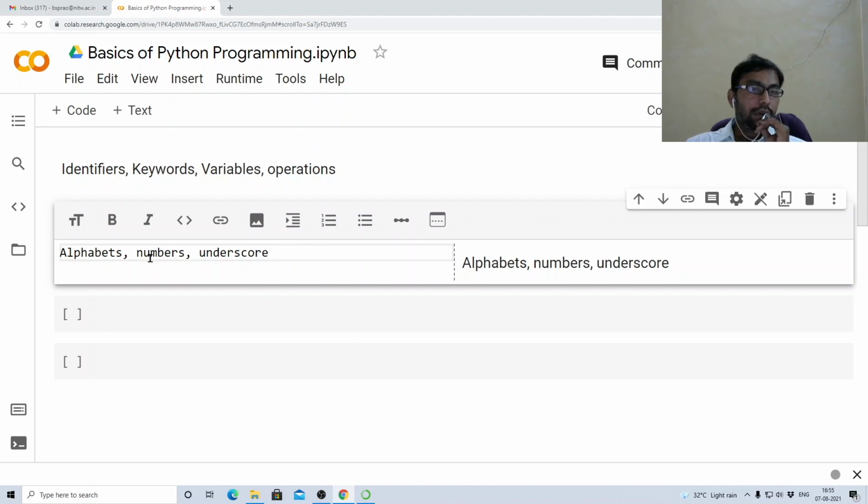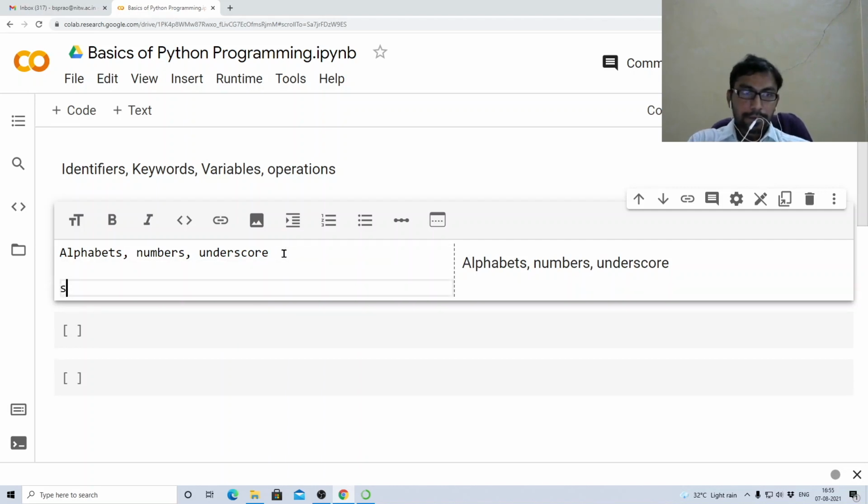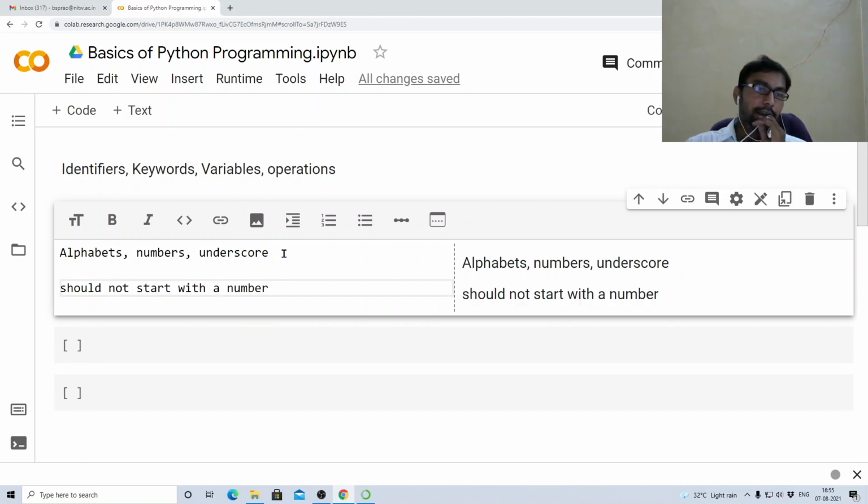No. An identifier should not start with a number. You can start with an alphabet, capital or small. It is okay. You can start with an underscore, but never start an identifier with a number. If you start an identifier with a number, it will throw an error.